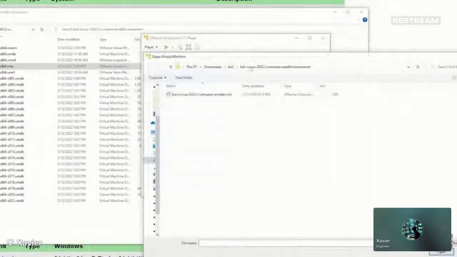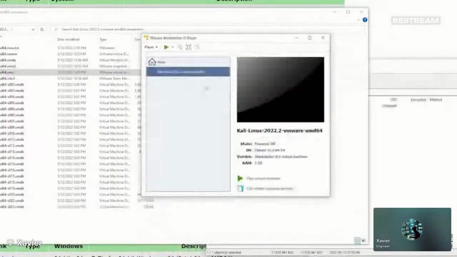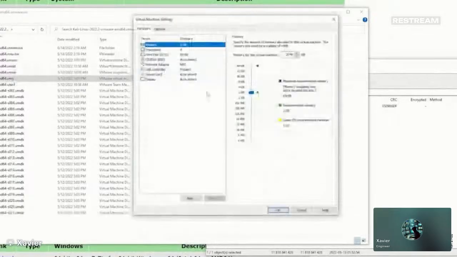And in the folder that you have, you should see this VMX file as well. Click it, or you could just open it. What's going to happen is it's going to load here, and you're going to edit this virtual machine's settings. Once you have it loaded, click settings, and in here you want to first change the amount of RAM that